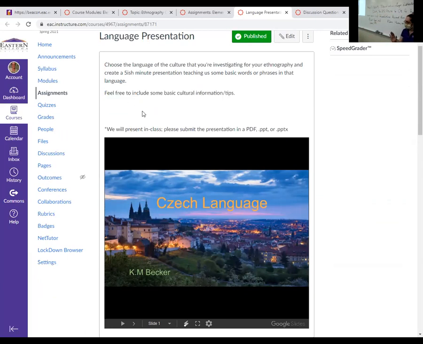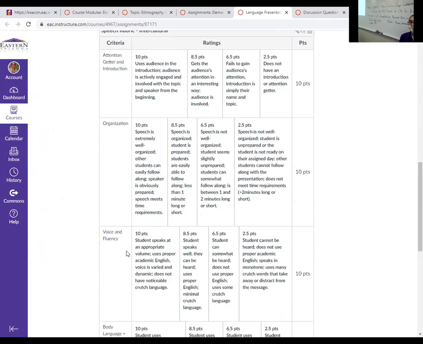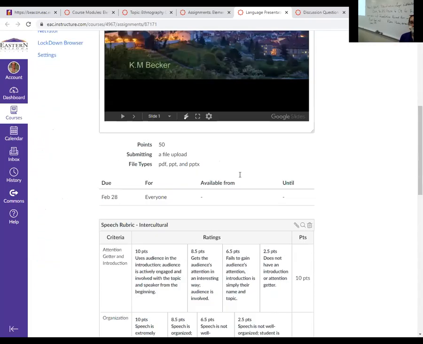I would suggest, I'm not saying it's required, but start figuring out which culture you want to do so that when you do the language presentation, the research that you do for this can double as research that you use for your ethnography, because you can do a section in your ethnography about the language that they speak. And then there's the little speech rubric for that.